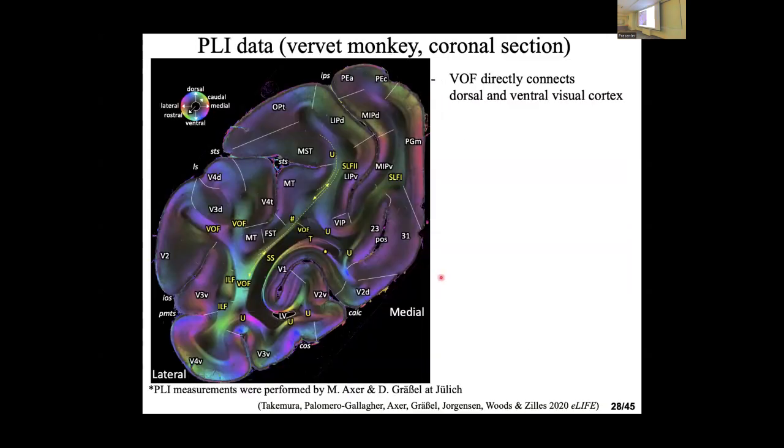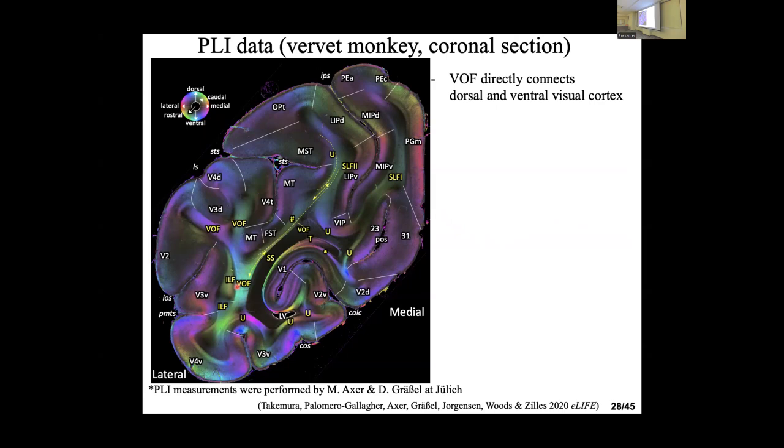So this is a picture I looked into with Nicola, Karl, and Markus. The confusing part here is that diffusion people and PLI people don't use the same color coordinate system. There are many reasons behind this, but this pinwheel color system is the HSV coordinate system in PLI. Here, I think fiber passing through the plane is black. The cyan color is the direction of dorsal to ventral side of the visual cortex. Looking at this vervet monkey brain in a coronal section, lateral to the optic radiation, we can distinguish a group of cyan pixels, indicating direct fibers connecting dorsal to ventral occipital visual cortex.